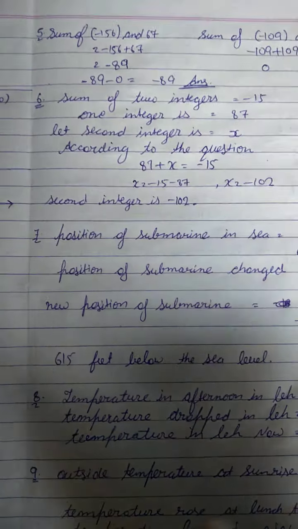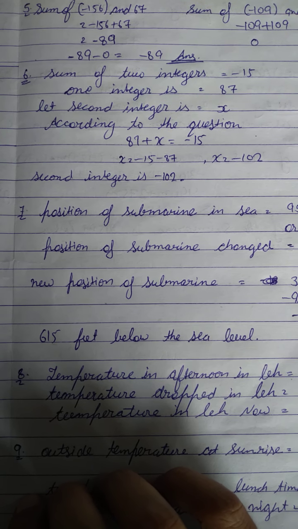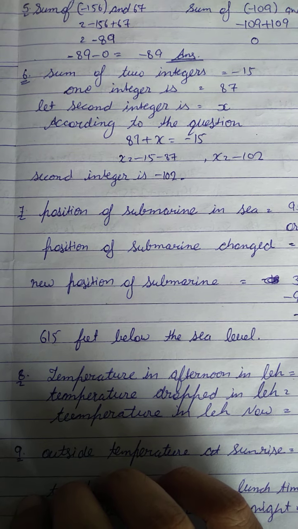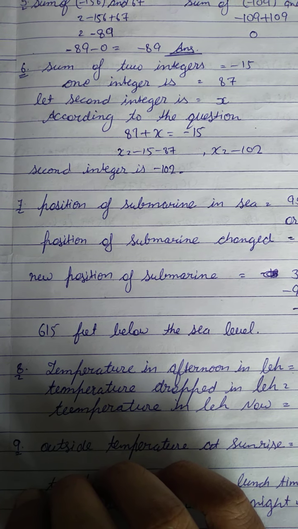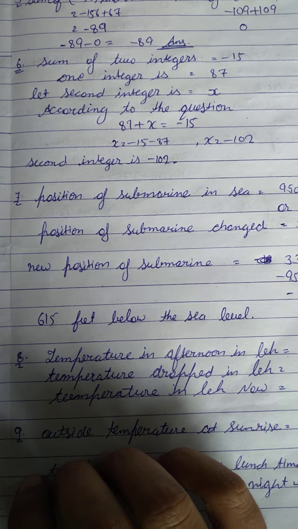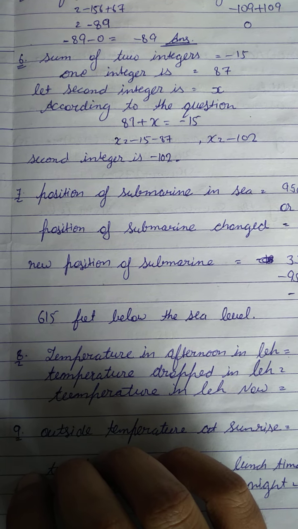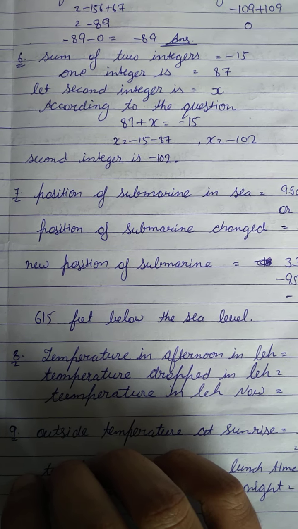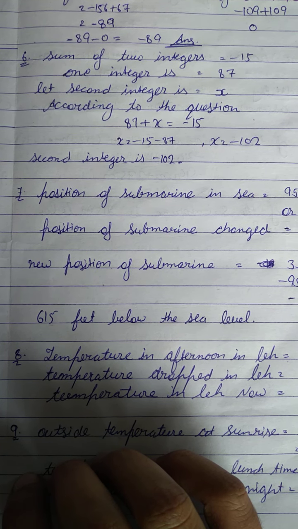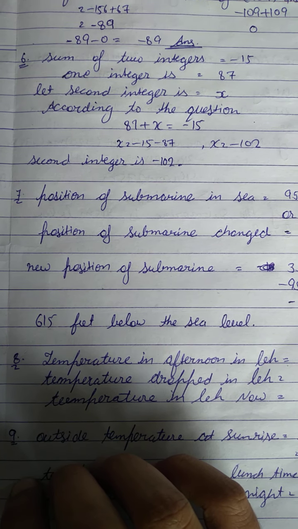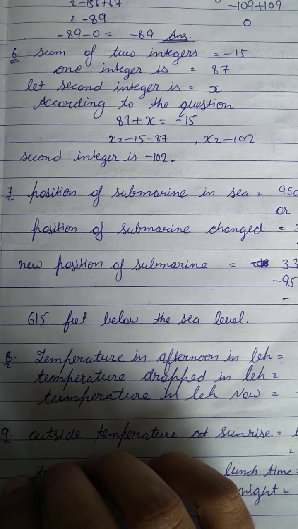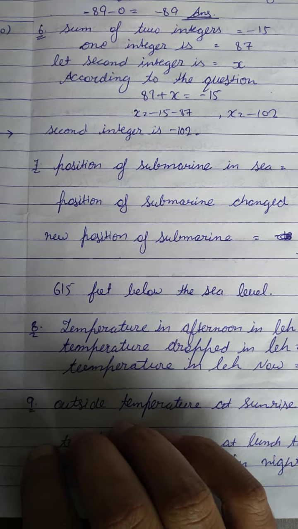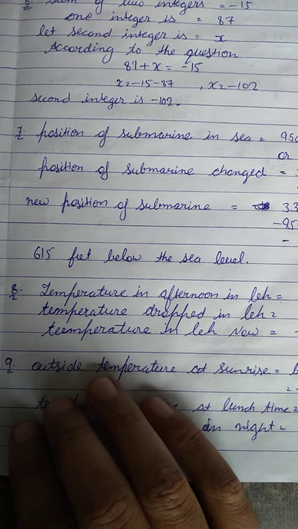So in the sixth sum, we have been given the sum of two integers, that is minus 15, and also given one integer, that is 87, and we have to find the second integer. So let the second integer be x. According to the question, the sum of the two integers is minus 15. So now we solve for the value of x and get the second integer, that is minus